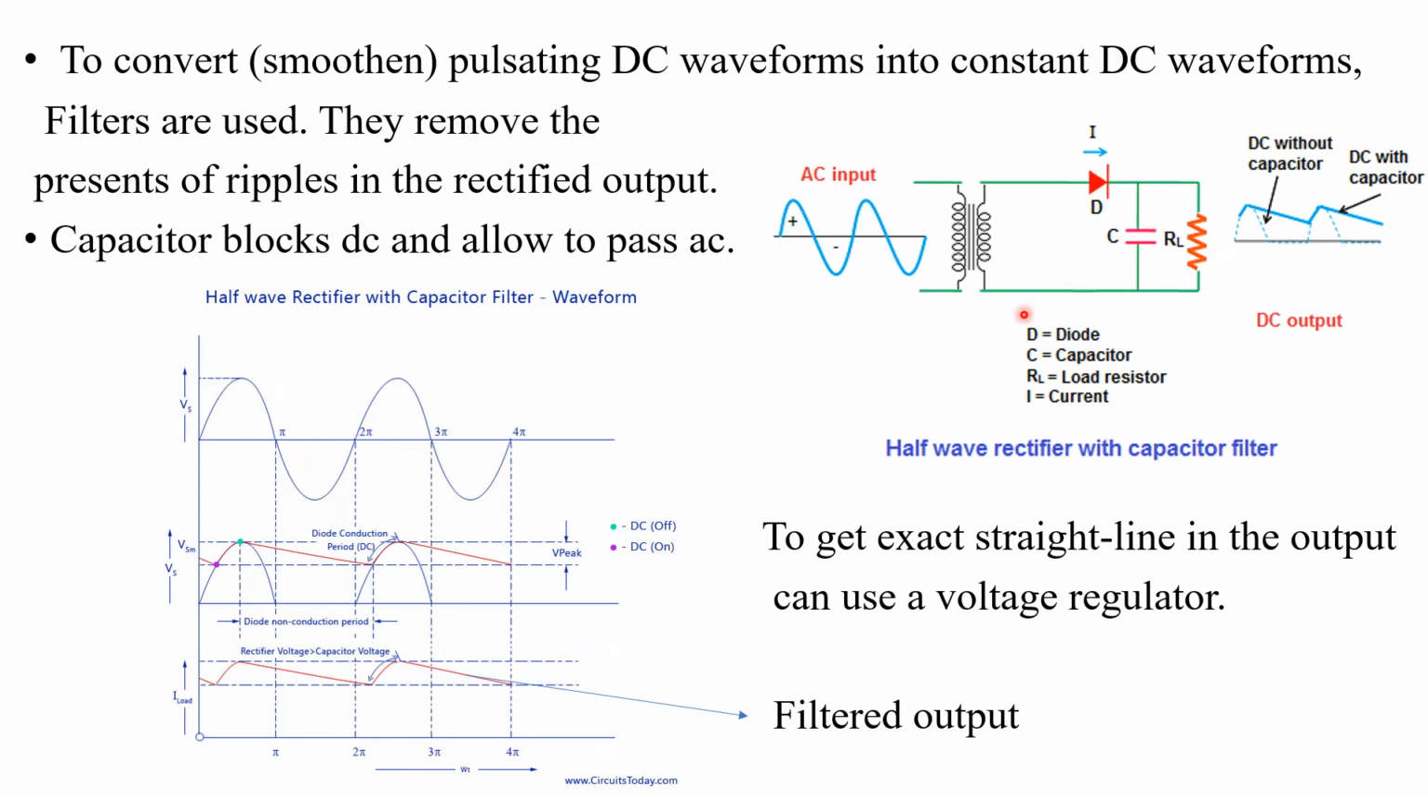We know that a capacitor blocks DC and allows AC to pass. We also know that the output of the half wave rectifier contains pulsating DC. That means these portions of the output wave have some frequencies. That means AC ripples are present in the output of the half wave rectifier. So